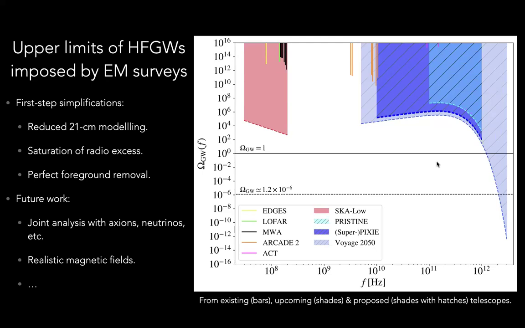For example, by joint analysis with other components also contributing to the radio excess, such as axions if they exist, neutrinos, they surely exist, and some other possible mechanisms. If gravitons don't saturate all of the radio excess, then the component attributable to these gravitons could be tightened and pushed down even further. So the goal is to see how much further you can push it down in future directions, and whether it is possible for some of the future instruments, for example SKA, to reach at least below the overclosure limit and possibly the BBN limit.